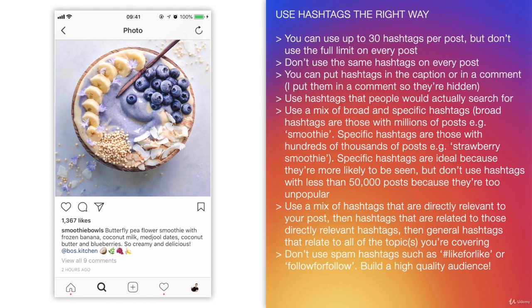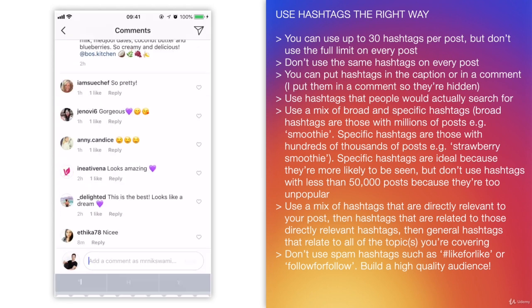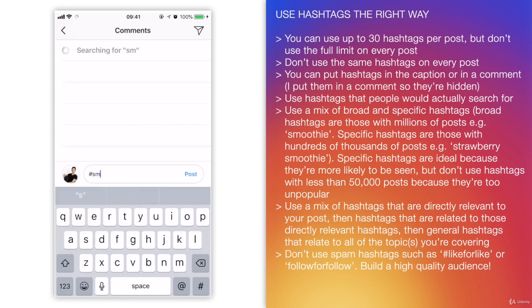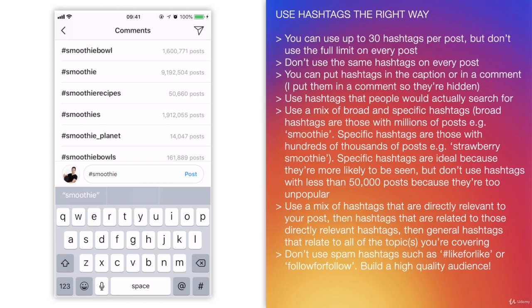Now, the next thing I want to talk about is don't use hashtags that are overused or underused. So if I go back here, let's say I was doing some hashtags here. I don't just want to use really generic ones like smoothie. It's fine to do that because it's really relevant. But as you'll see here, smoothie has 9.1 million posts. That means your content is very likely to get lost in the sheer number of posts. It won't be very discoverable, because it will get lost within minutes by new posts that have come up. So it's fine to include that because you've got quite a lot of hashtags that you can use, but